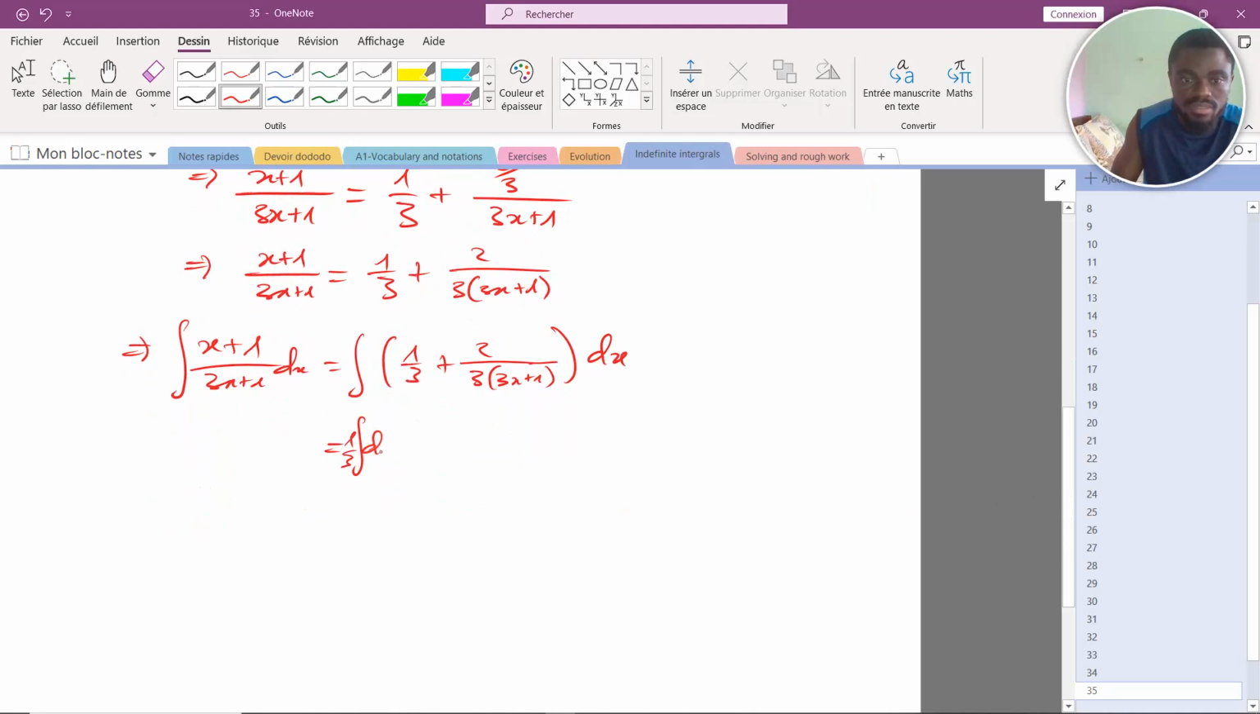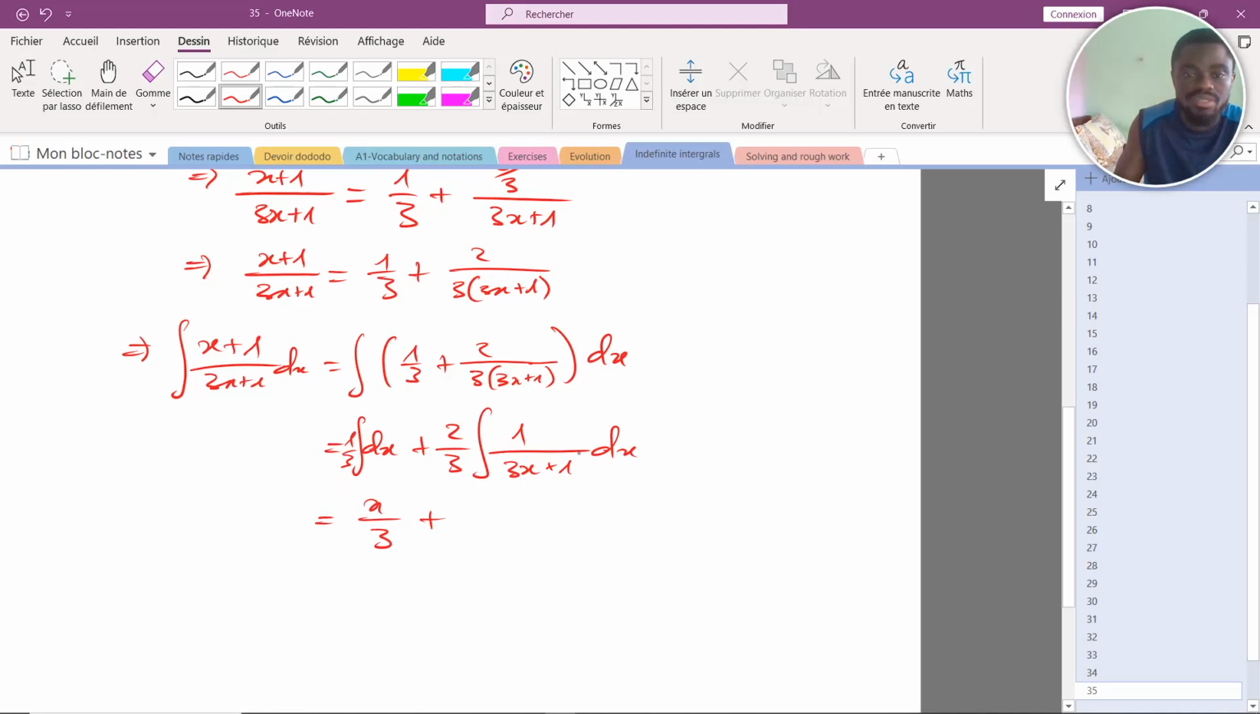1/3 integral of dx plus what? I'll bring this 2/3 outside. 2/3 integral of 1 over (3x+1) dx. Is that okay? Now when I integrate this, this is simply x. This will give me x/3 plus